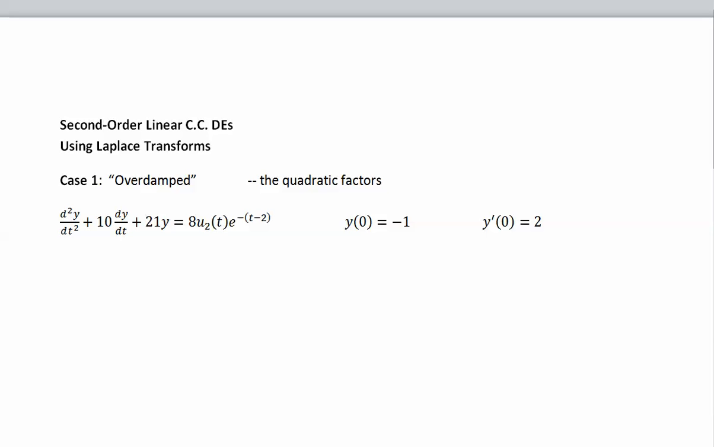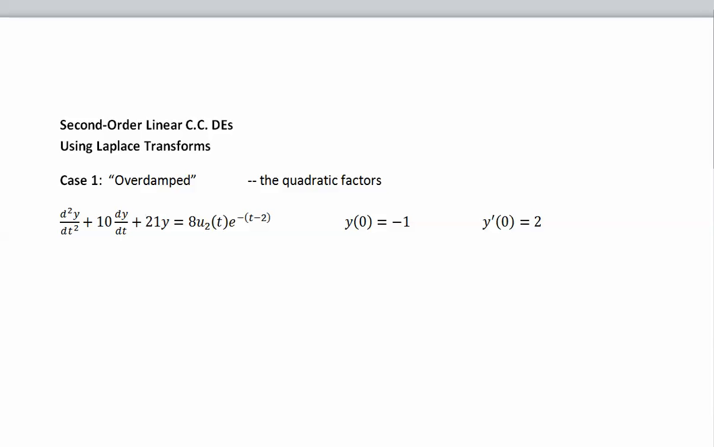In this video, we're going to look at some examples of using Laplace transforms to solve second-order linear constant coefficient differential equations. So nothing new in this video, just working out some examples and using what we've learned in previous classes and videos. In the first case, I want to show one that is over-damped if it came from a